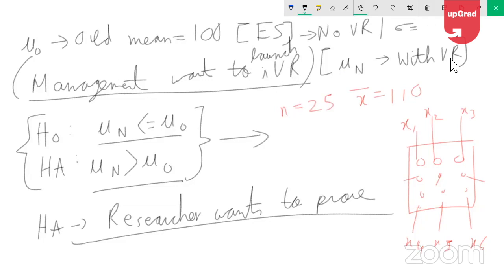Why 20? No reason. This is just an example I'm taking. Let's say sigma equal to 10. Again, why 10? No reason. This is a simple example I'm taking. So let's say sigma is equal to 10, and you have found out that X bar is equal to 110. This is the data that I've got right now,